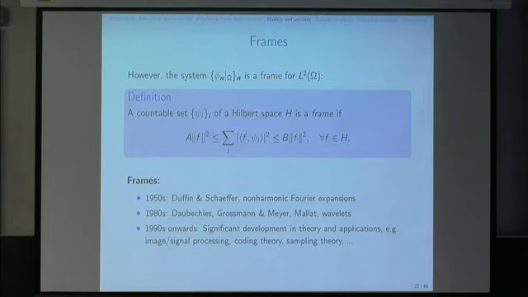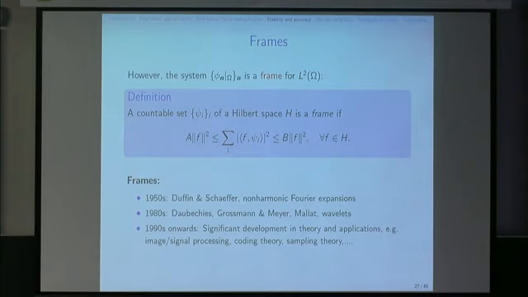So the frame H could just be an abstract Hilbert space here, and it's an abstract set that satisfies this property. If I look at the L2 norm of the coefficients with respect to the frame, so just the inner product with respect to the frame elements, this should be equivalent up to constants A and B to the Hilbert space norm of any element F in the Hilbert space. So that's what an abstract frame is, and it turns out that restricting an orthonormal basis to a subdomain always